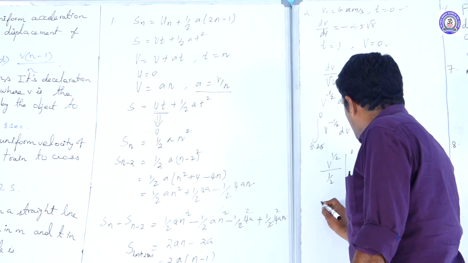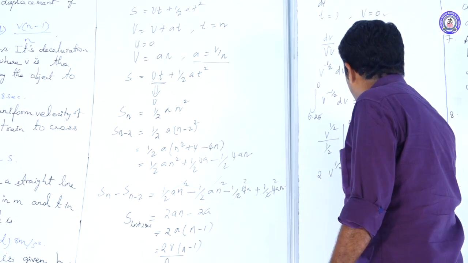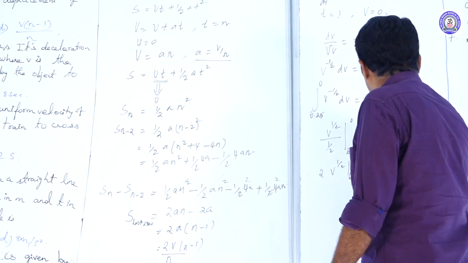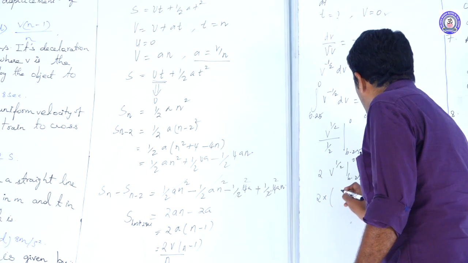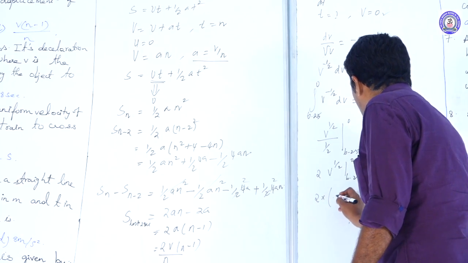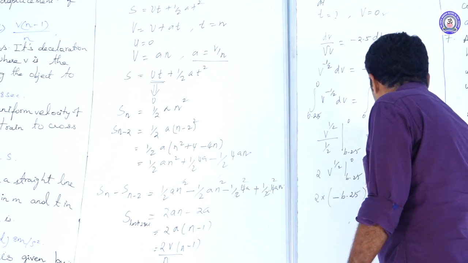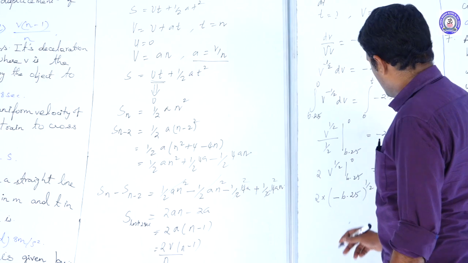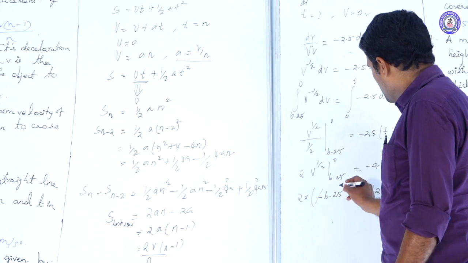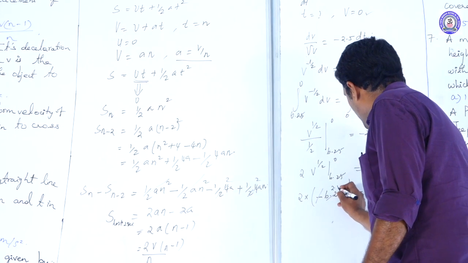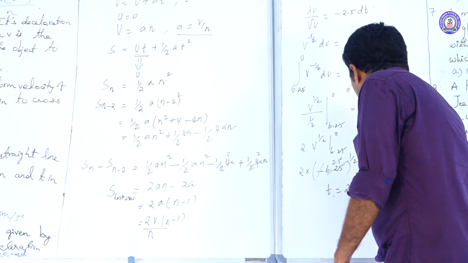So, if you look at this expression, I can take this 2 up. 2 v power half between the limits 6.25 to 0 is equal to minus 2.5 into t. Substitute the limits here. 2 into 0 power half is 0, it is minus 2 into 6.25 to the power 1 by 2. This is equal to minus 2.5 into t. So here there is a negative sign and there is a negative sign, you can cancel them out. Root of 6.25 is 2.5, this gets cancelled out. So time t equals 2 seconds.